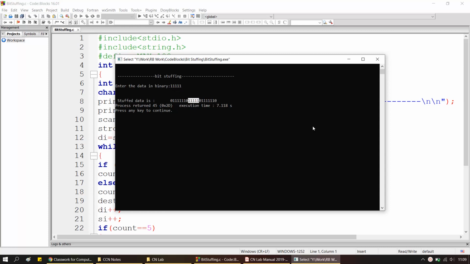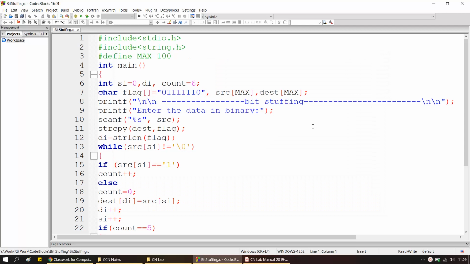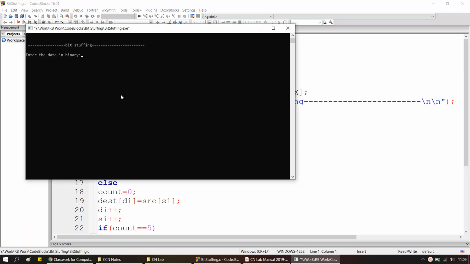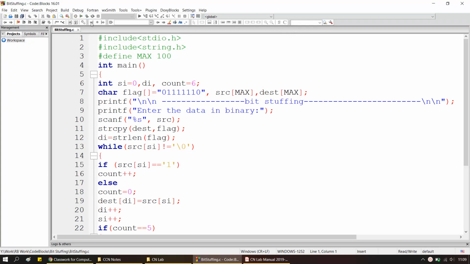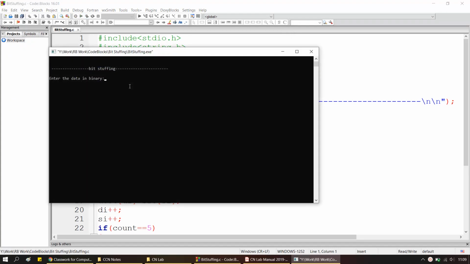Alright, so let us change the input now. So I'll simply give more number of ones, so nothing has changed, right? Okay, now I'm going to change it in such a way that my data is very similar to the flag, because my flag was 0 with 6 ones.